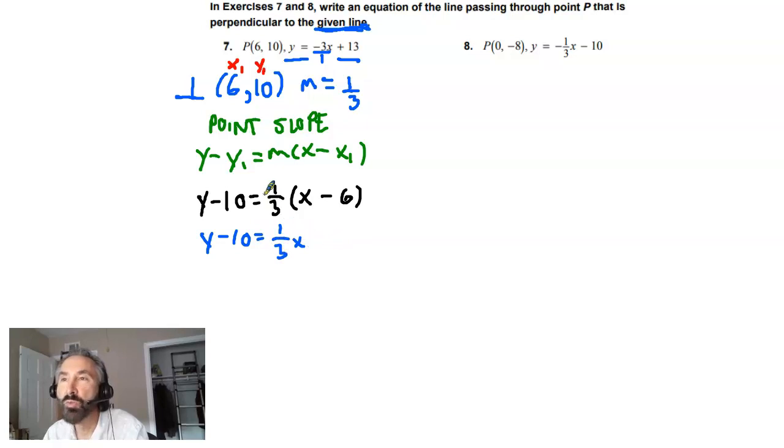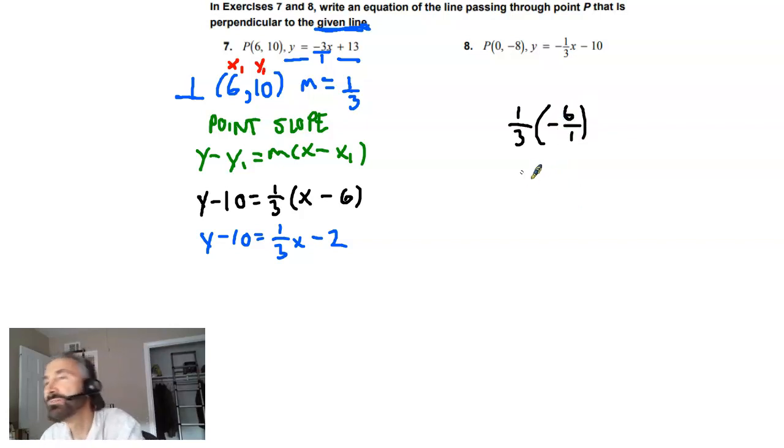That part is easy. 1/3 times minus 6 is going to be a little trickier for some of you folks. But it turns out that's going to be minus 2. And for those of you who are wondering, how did he perform that magic? I did 1/3 times negative 6 over 1. And honestly, that negative sign is just going to confuse you and me. So I'm just going to put it off to the side for a minute. I'm just going to say 1/3 times 6 over 1, okay? And that'll get me 1 times 6 is 6, over 3 times 1 is 3, and that's where the 2